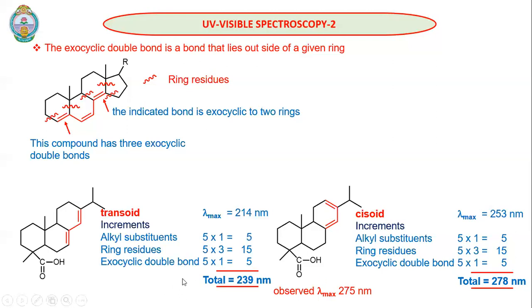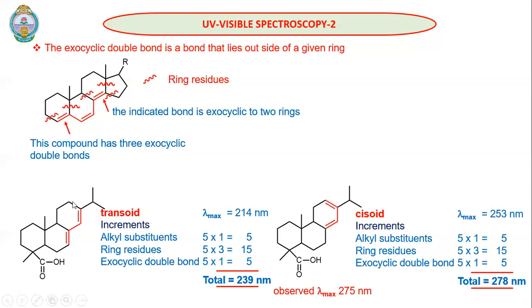Now see this example. It is an isomer of this compound, but it is a transoid. The 2 double bonds are in different rings, so it is a transoid. The parent value for transoid is 240 nanometers. And when we identify the parent, here we have only a diene, no additional conjugation. So for the substituents which are present on this diene, see, this is an alkyl group, isopropyl group. It is directly present on the double bond. So we will add 5.